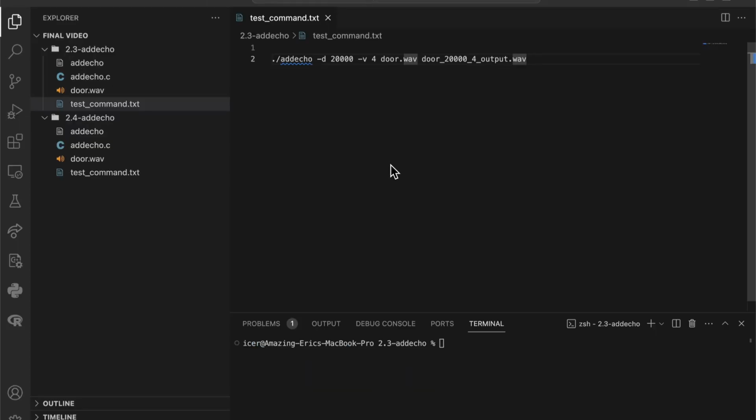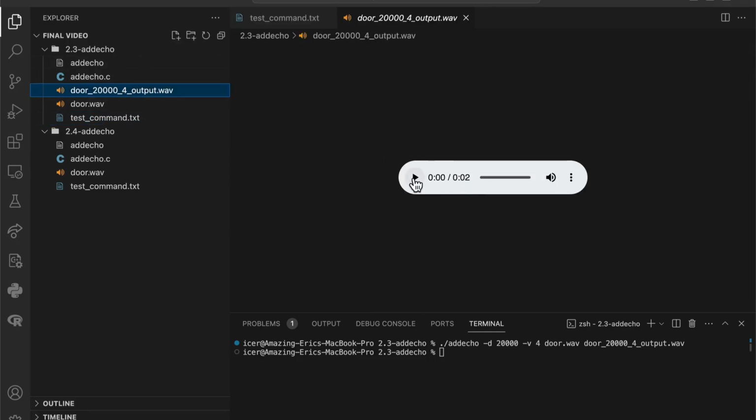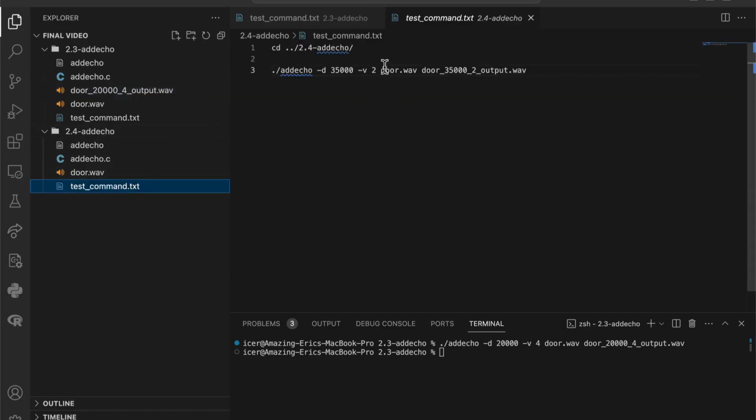Our output file bytes match the bytes of the desired output files. We also want to demonstrate that our output wave files have an audible echo. I will compile our code on the DAW audio file and play it to show you the echo. And for the second one,